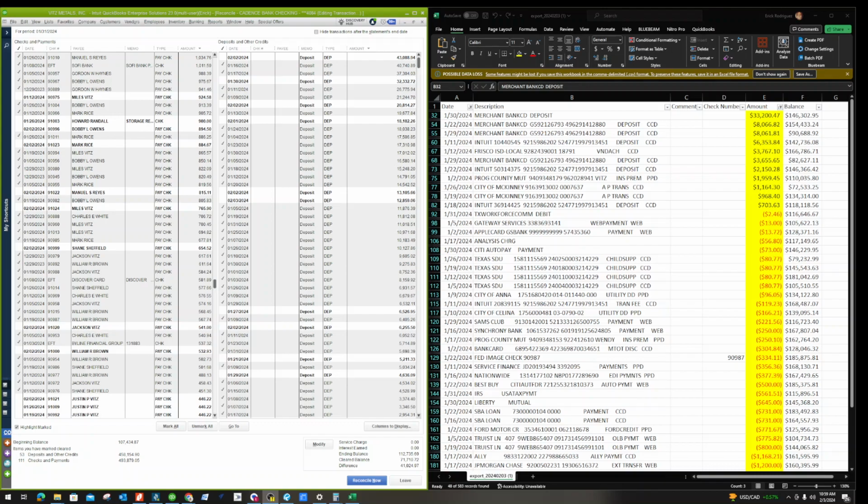Once I'm in Card Connect, I'm gonna go down to the reporting tab, and what I'm looking for on Card Connect is all the ones that say Merchant Bank Card. I'm gonna see how they hit and why they don't match what I show QuickBooks as to what should have been there. So the first one is on 130. I'm gonna go over here on the Card Connect portal, and I'm gonna go to funding, and I'm gonna click on that,